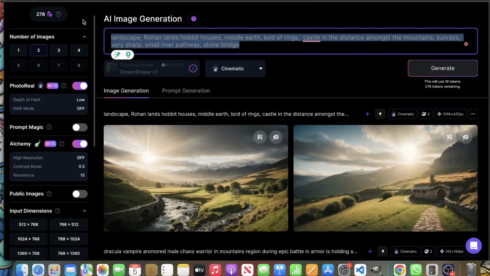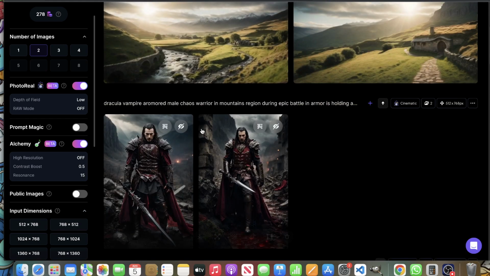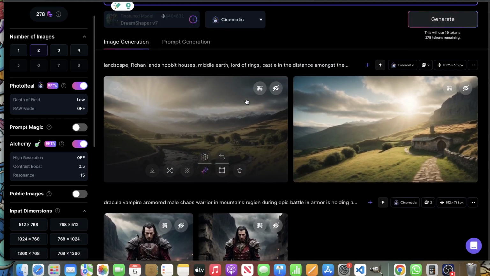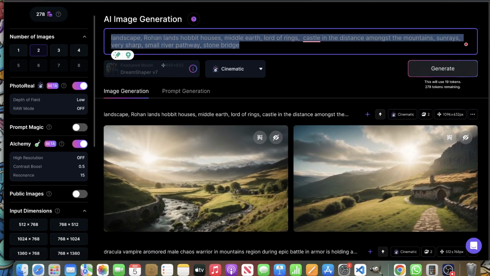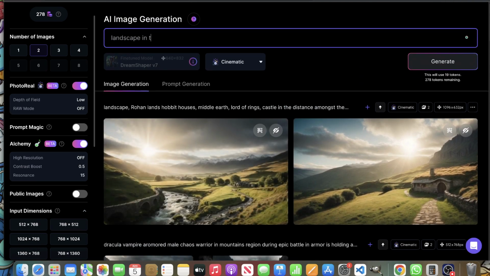But this time, I'm not going to copy any kind of prompt. I'm going to create one. So let's go ahead and integrate characters and landscapes and see what it comes out with. So I'm going to type in landscape in the Arctic with cabin, wooden cabin. Let's go wood cabin, comma, burning fire, comma, polar bear, comma,